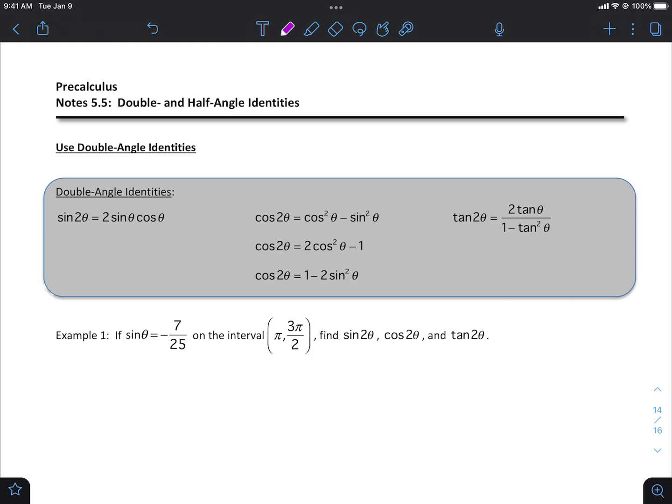We got a 5.5 here today. We're going to be talking about the double angle and half angle identities. These are kind of useful if you have an angle that is 2 times something that you already kind